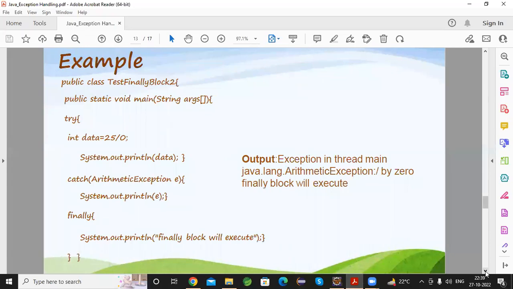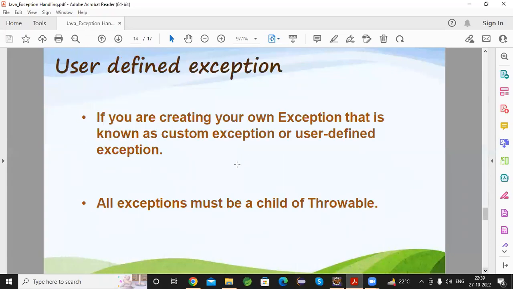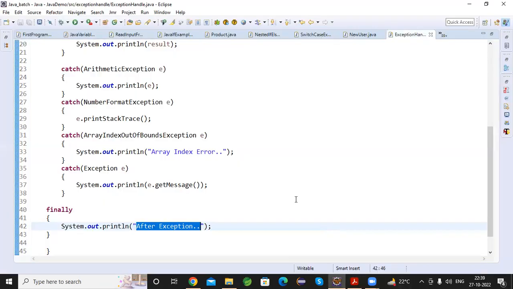Next, user-defined exception. If you're creating your own exception, that is known as a custom exception, or we can call it a user-defined exception. So all exceptions must be a child of the Throwable class. Whatever you have discussed so far,